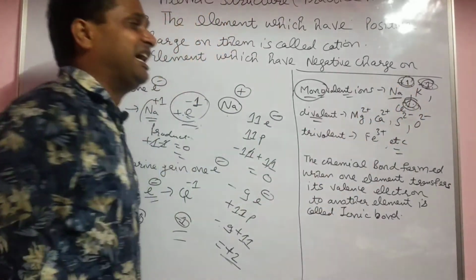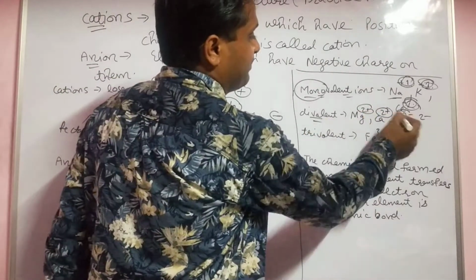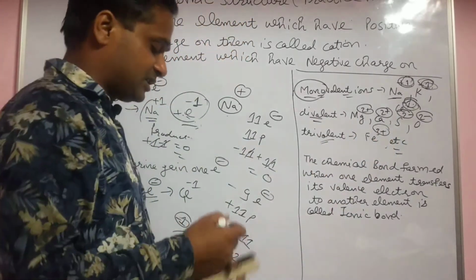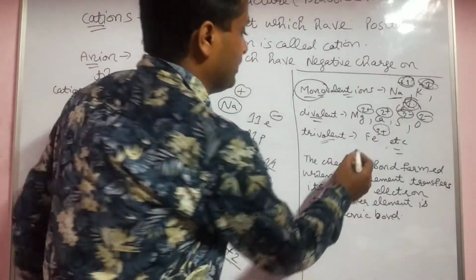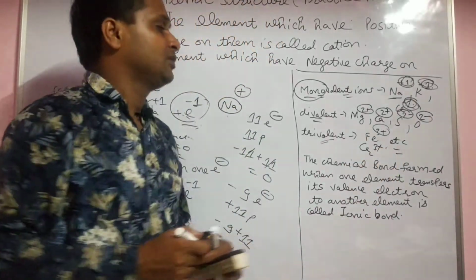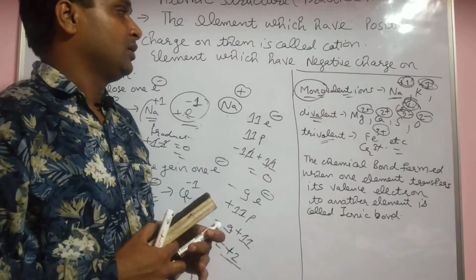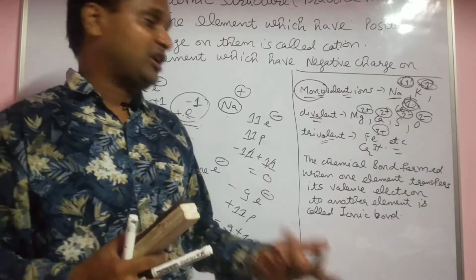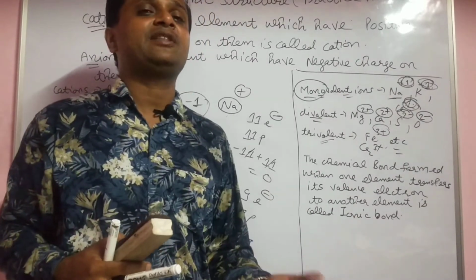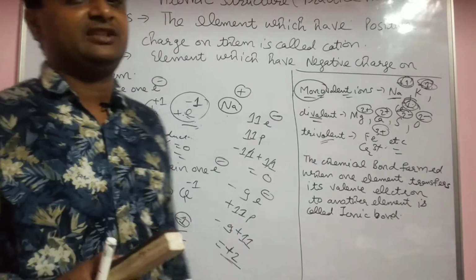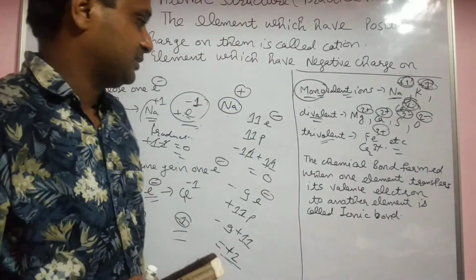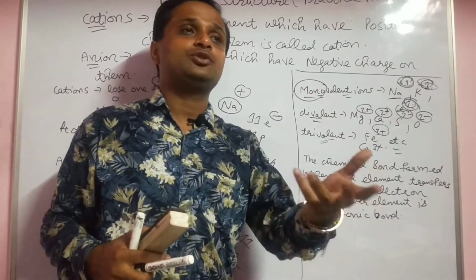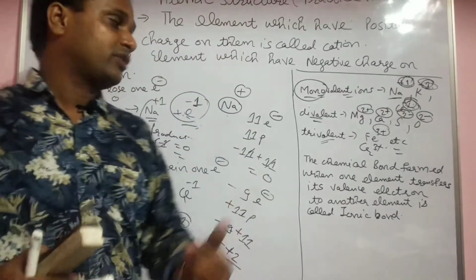Now come to divalent. That is the one which has 2 positive or 2 negative charges, the one which has 2 valency. Trivalent has 3 positive charges, for example chromium 3 positive. So these are monovalent, divalent and trivalent. If you have 4, that is tetravalent. Carbon is always tetravalent, making 4 bonds only, valency 4. Carbon is in covalent bonds only. The covalent bond is not included in this chapter. When you go to further classes, you will read about the covalent bond.